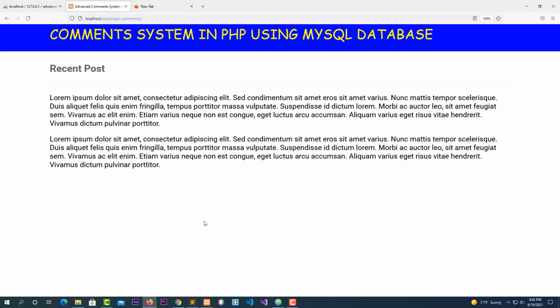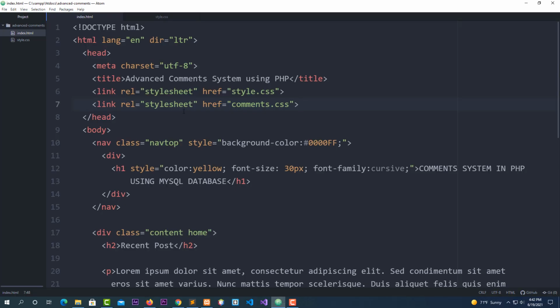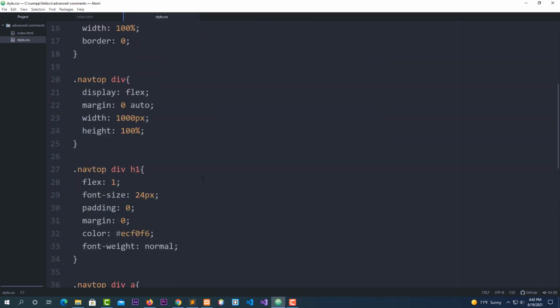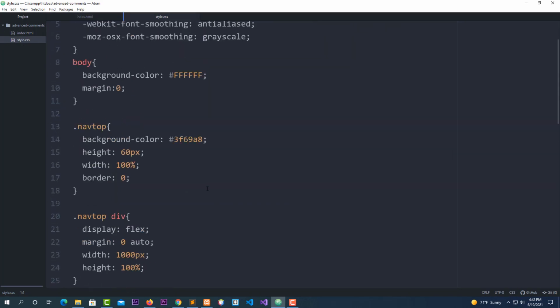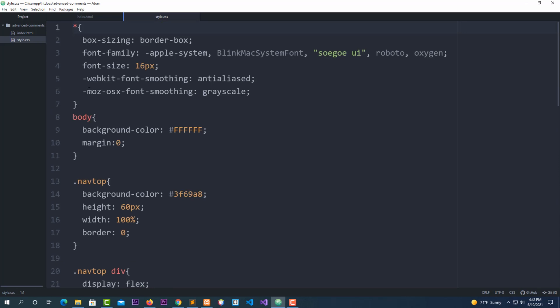Now let's go back to our code. In the first tutorial we did index.html. Also we did style.css. We finished style.css right here. And now I want you to go to